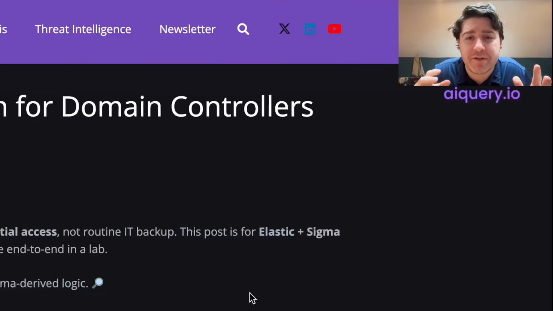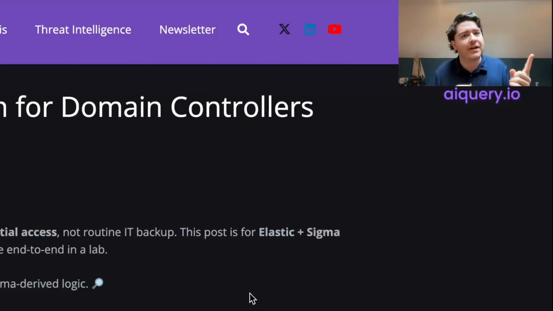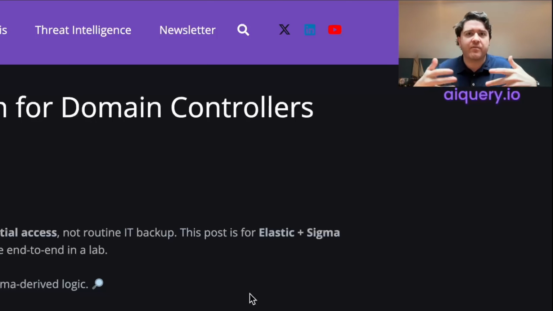What's going on, everybody? Here with another quick-ish AI query use case, but it's actually two use cases rolled into one. So I'll explain why in a moment, but breaking down the two use cases. The first one I got asked was more from a hygiene and compliance perspective, and that was how do we audit for actual backups within our environment, especially our critical systems, to ensure that we have proper backup and